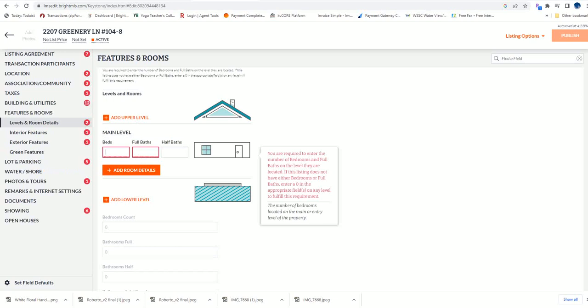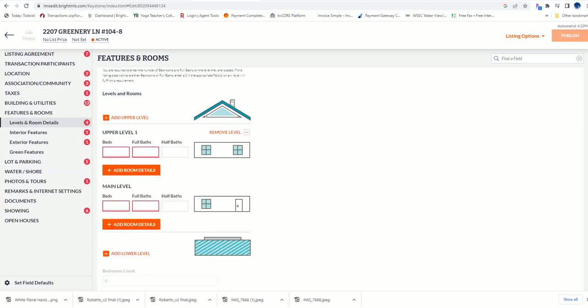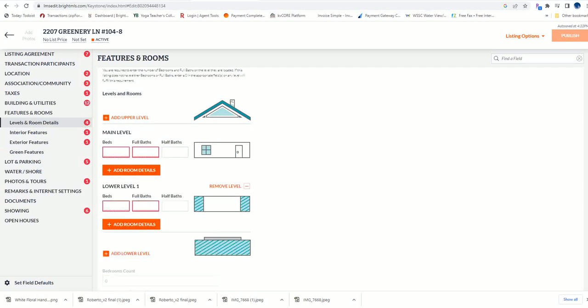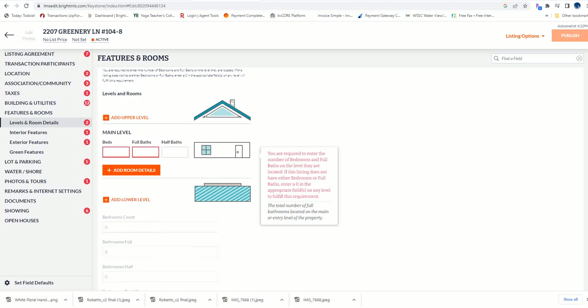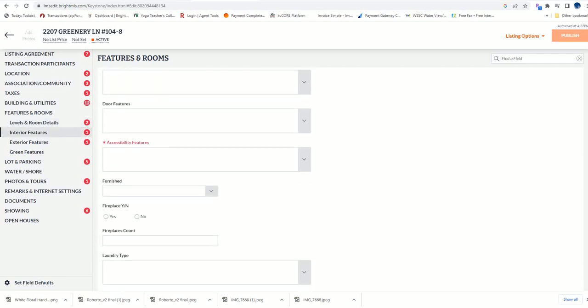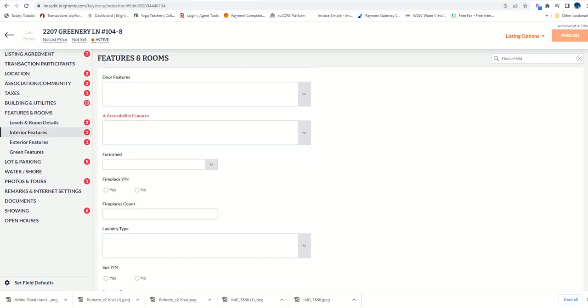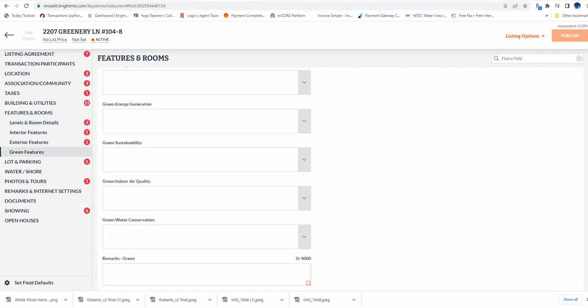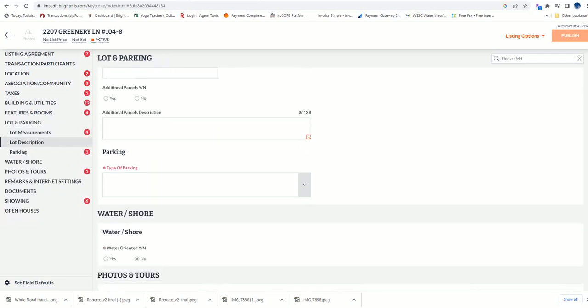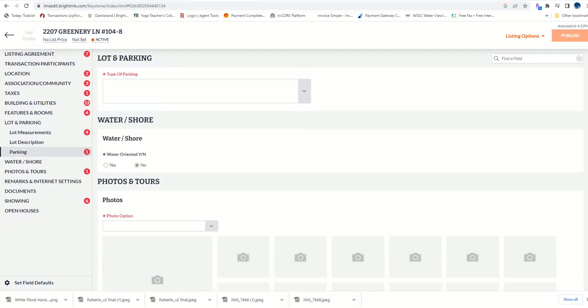Basically, you add the rooms. If you want to add an upper level, you add it here. You can erase it here. You add a lower level if there's a basement, and then you assign the number of bedrooms or baths according to each level. Okay. The features, accessible features, whether it has a pool or not, the lot size, the parking, types of parking,